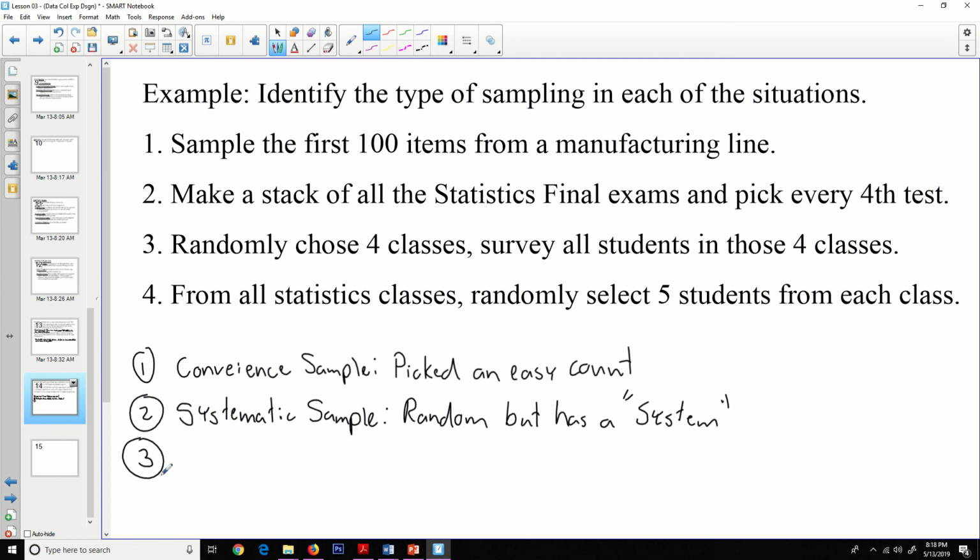Number 3, this is clearly a cluster sample. The classrooms,